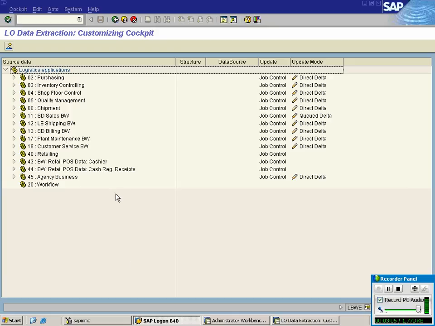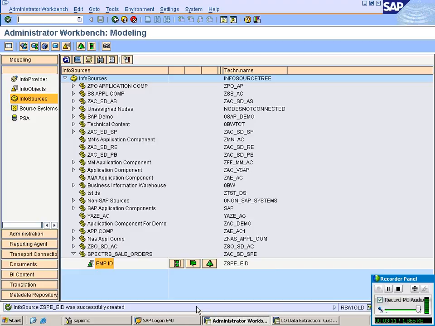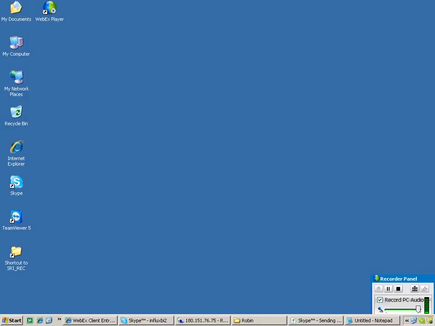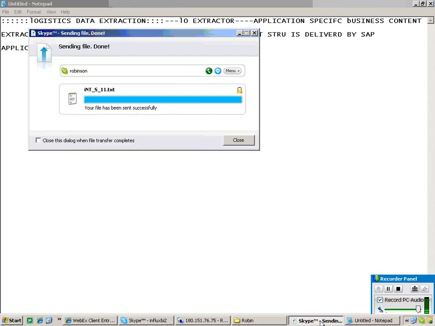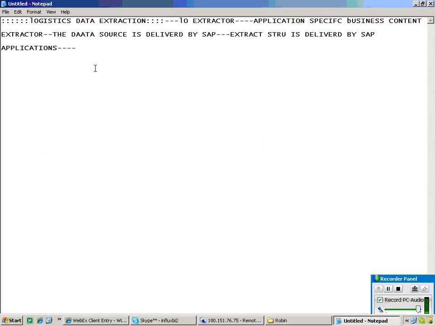Right. So retail also, nowadays people are using retail also. So let me put it over here. For logistics, 11 is very important for us: sales orders. 12, deliveries. 13, billing. 11 sales orders, 12 deliveries, 13 billing. These are the important applications.